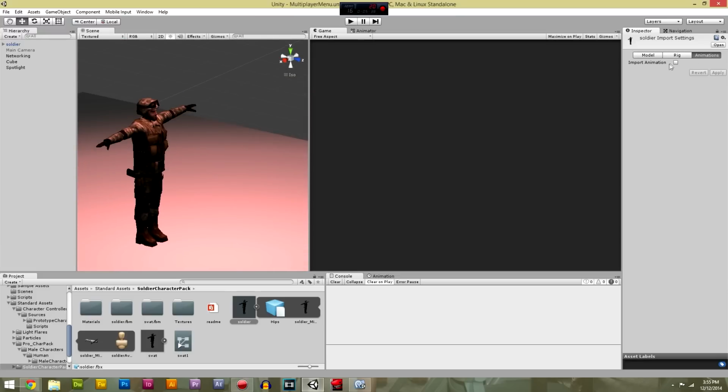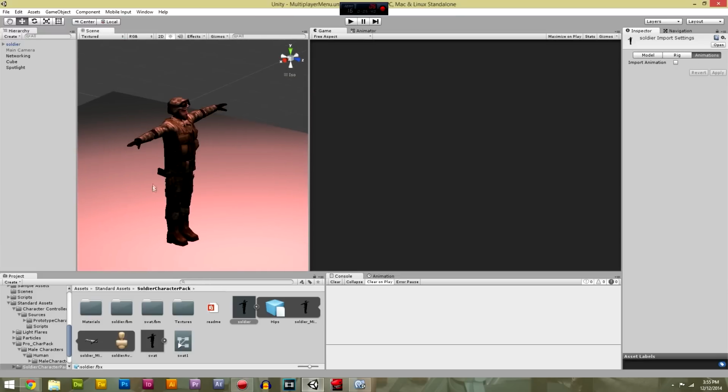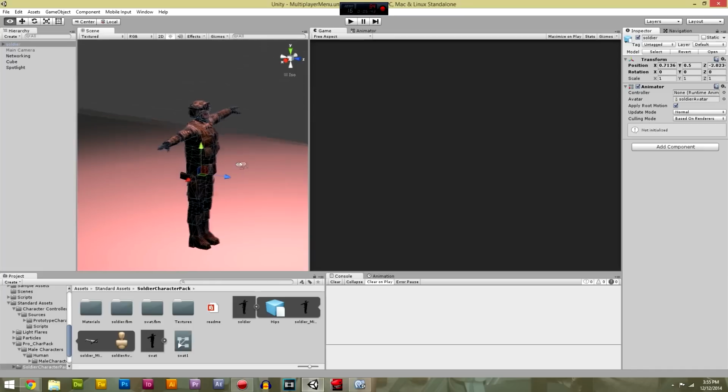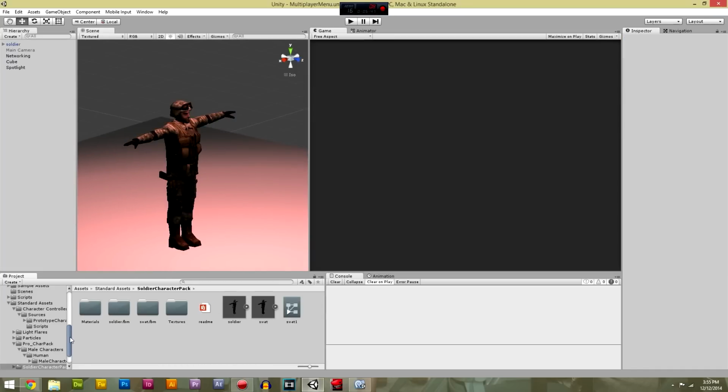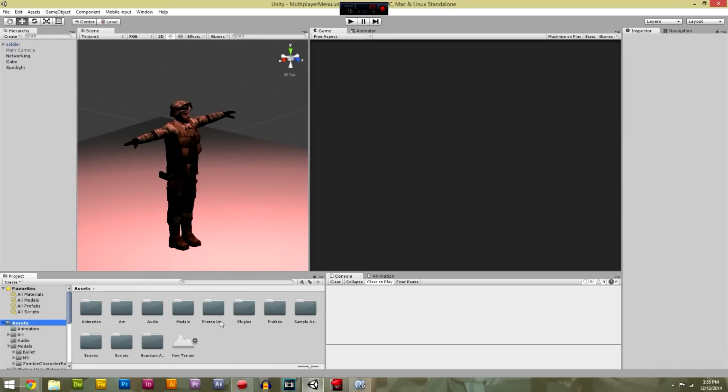And then in animations, we're not importing animations because it's got none on it. And we're just going to create our own. So we can go back to the original folder in assets. Yep. And then what we want to do is